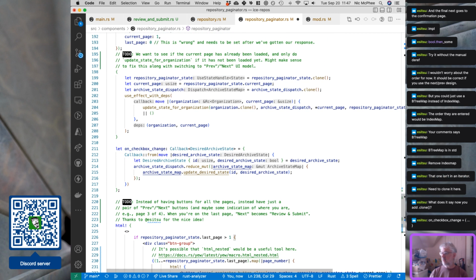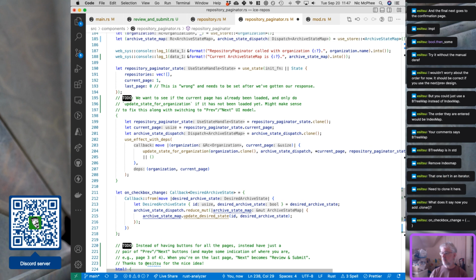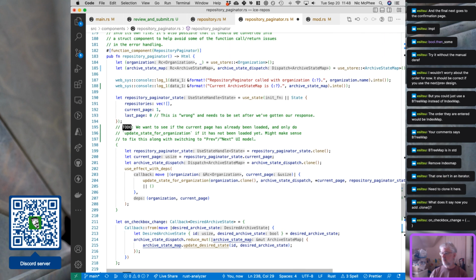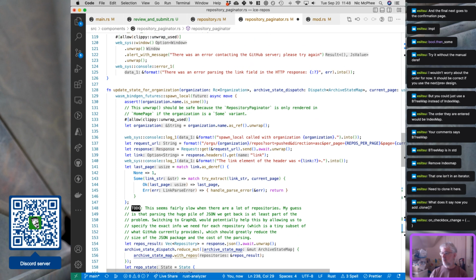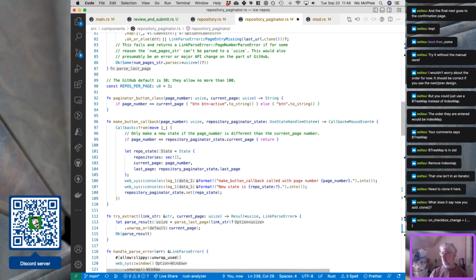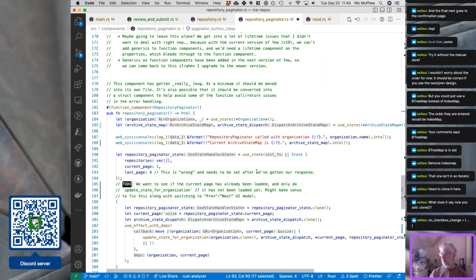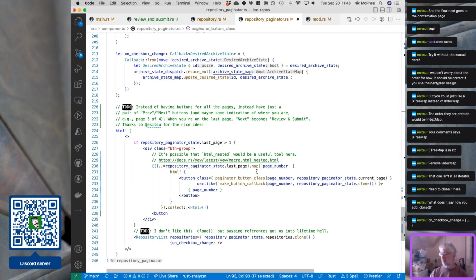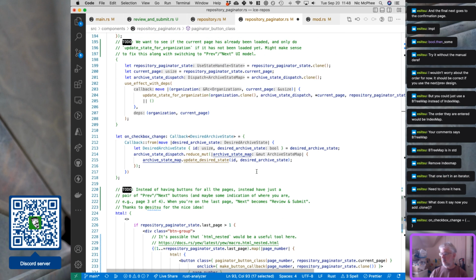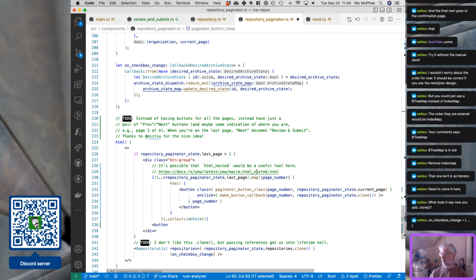Paginator button class gives us paginator button class. So we just want button. So we want that. Where was I? Right here. Class equals button